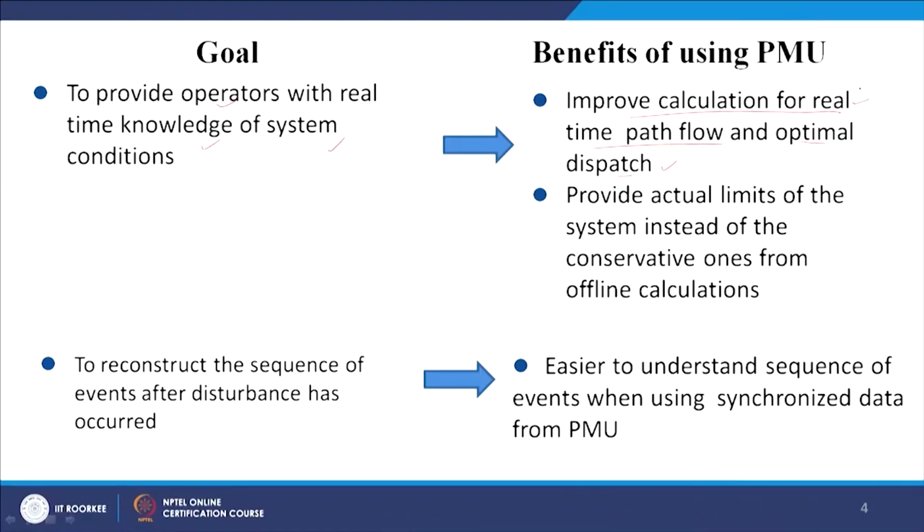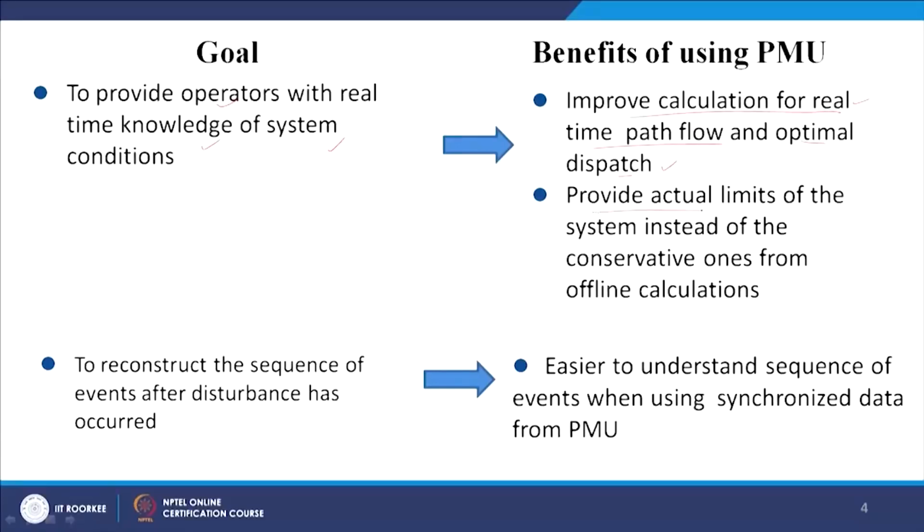We can see where the power is flowing, from which station to which station. So, the power flow is always in front of us. So, we can always control this optimal dispatch of the power. Now, it also helps in this regard, like providing the actual limits of the system instead of conservative ones